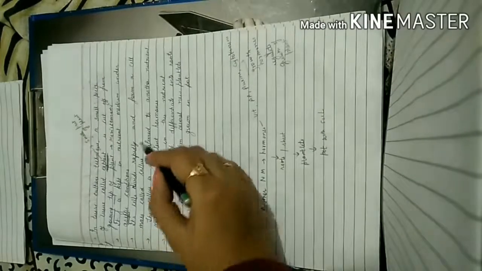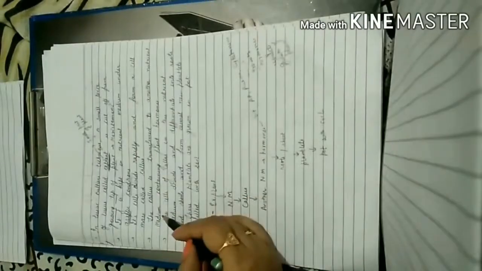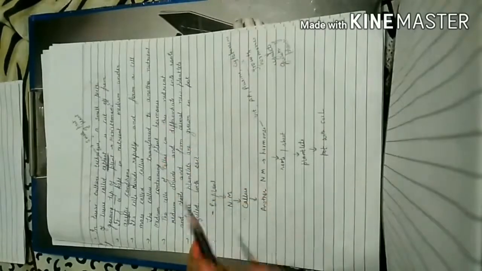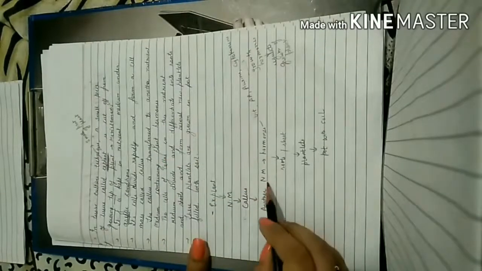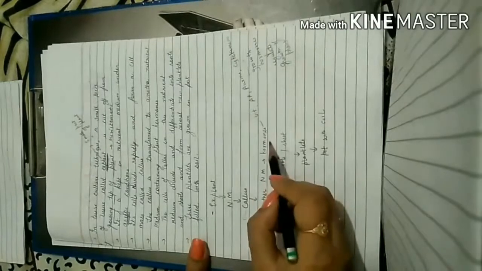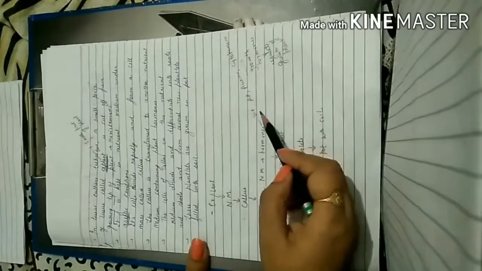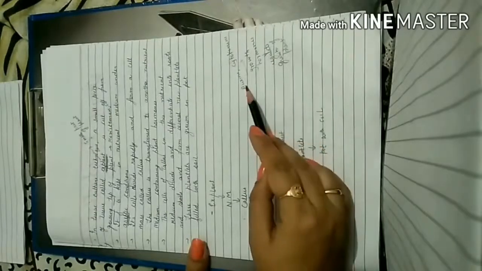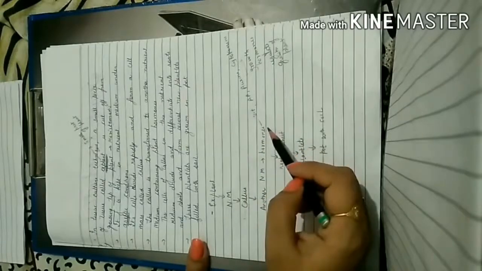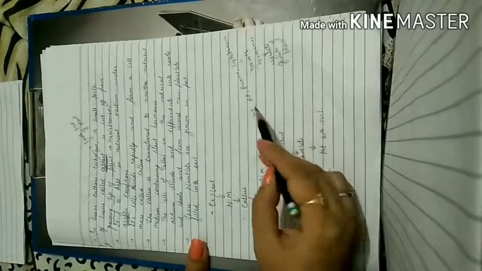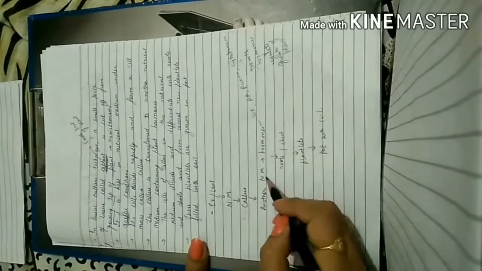The callus is transferred to another nutrient medium containing plant hormones. Then this callus is again transferred to another nutrient medium. And in this nutrient medium, specific hormones such as vitamin A are present, auxin is also present, and cytokinin is also present. Some hormones are also present. What is the need of this nutrient medium?